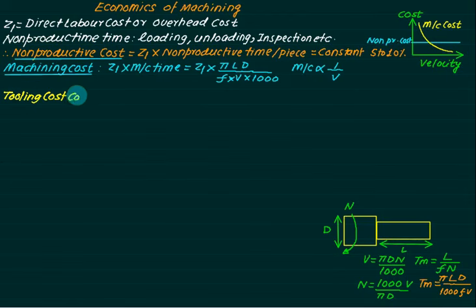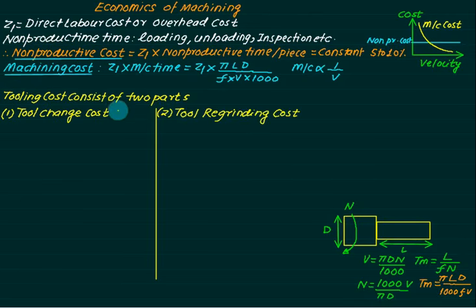Now as far as the tooling cost is concerned, we'll consider two heads. In the first head, we have a tool change cost, because if the production requires a number of tool changes, then it has an additional cost. We call it the tool change cost, and every time you replace the tool, you have to regrind it. So that cost will be called the tool regrinding cost. So the second cost is the tool regrinding cost.